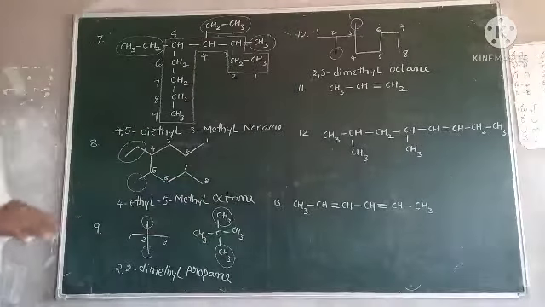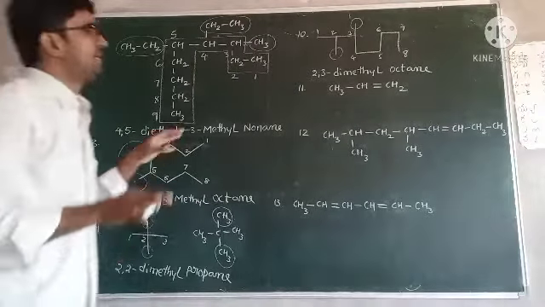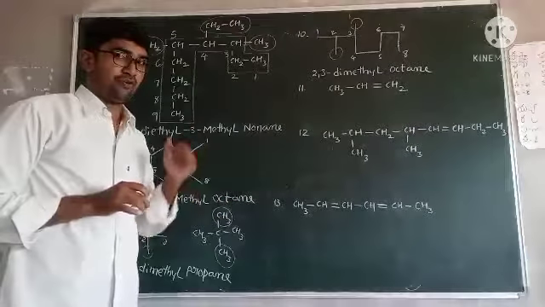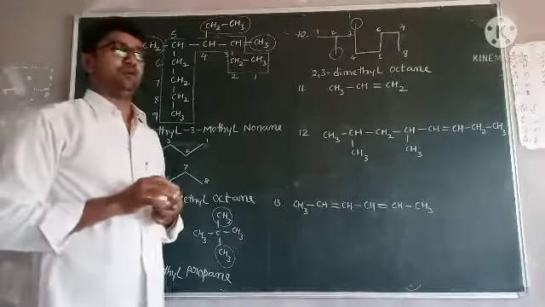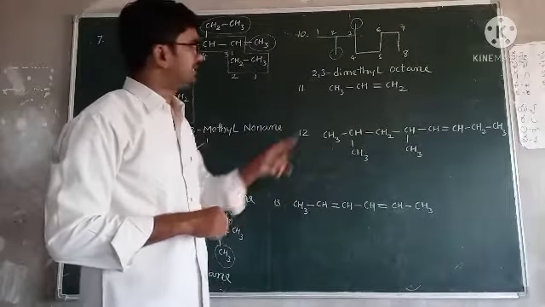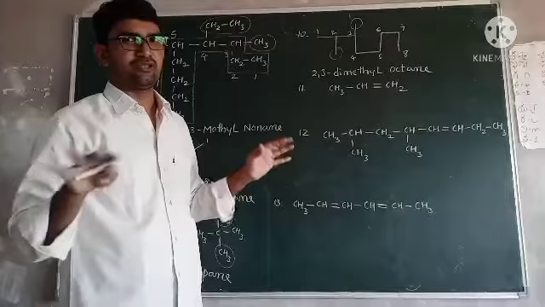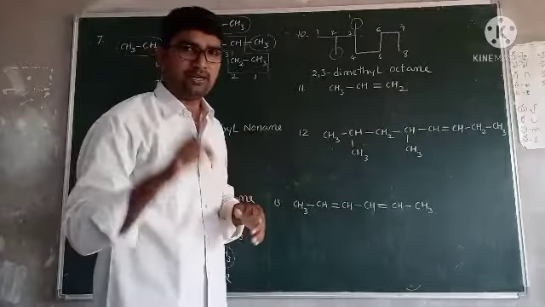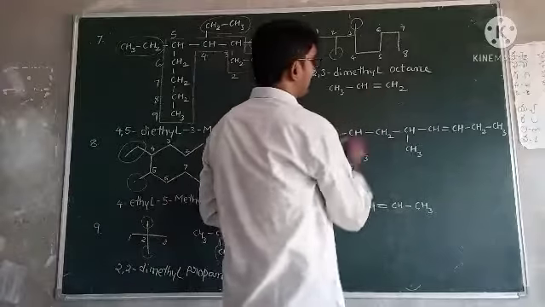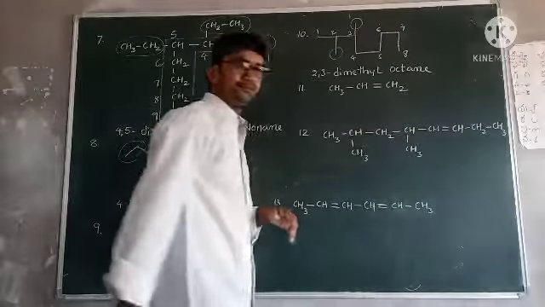Only single bonds and substitutions type of organic compounds examples completed. Now enter into the multiple bonds. Check the 11th one. Is there any functional group? No functional group. Is there any multiple bond? Yes, it is very clear. Multiple bond is present. A double bond is present between these two carbons.